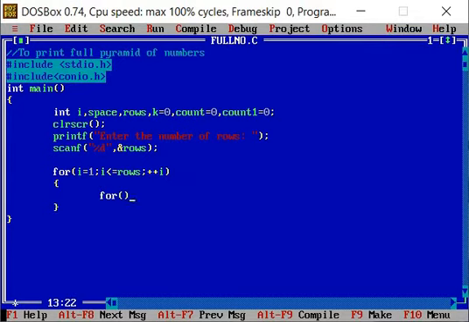For space, for giving the space we also require a for loop: space = 1, space <= rows - i, ++space. Now we will print how much space we have to give. Here we only have to leave spaces, then ++count.